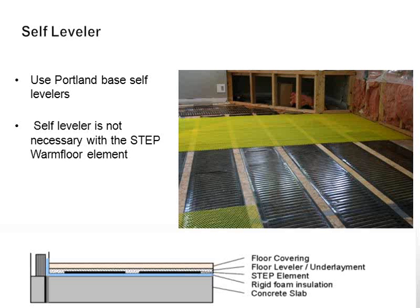Another thing too for self-leveling is self-levelers are out there. A lot of the contractors who put in cable systems have put in self-levelers, and this gives you a little bit of a snapshot of using a vinyl mesh, not metal. Remember, we've got a semiconductive heating element, so we're using a vinyl mesh for bonding the self-leveler to the floor. And I've got a bullet point there that self-leveler is really not necessary with STEP Warmfloor,